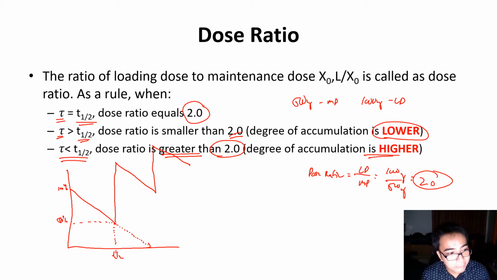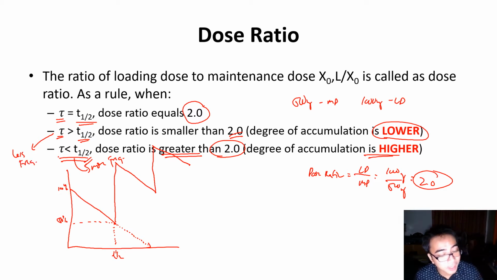Right? So, therefore, you're giving the drug more frequent. Okay, in this case, right, kasi less than half-life siya eh. Okay? So, you're giving the drug more frequent. This is more frequent. So, therefore, class, it's going to cause accumulation. Unlike here, when the dosing interval is greater than the half-life, meaning less frequent